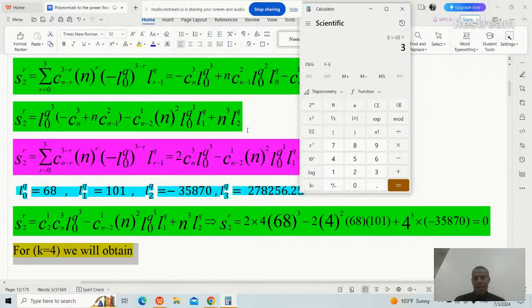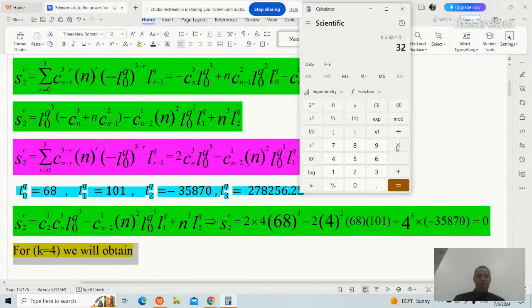Correct. Then you can see that minus combination n minus 2 choose 1, where n is 4. That's why 2 choose 1 is 2 here. Then 2 times n squared, which is 4 squared, times L0 which is 68, times L1 which is 101. So I will write minus 32